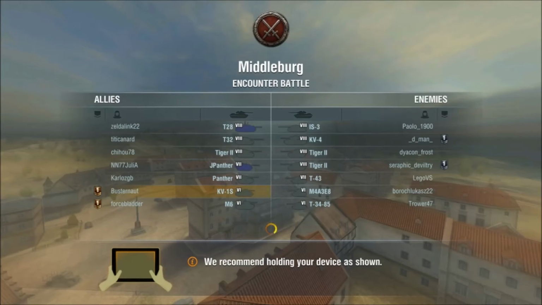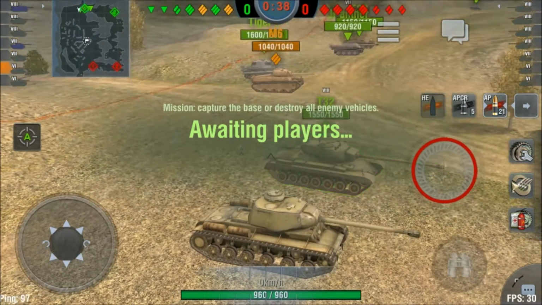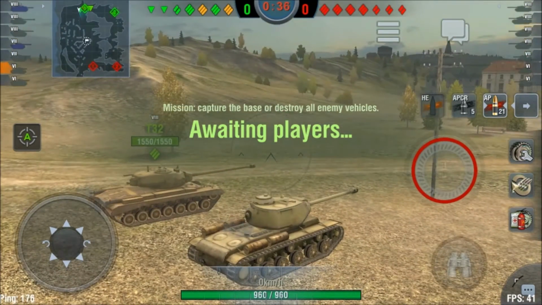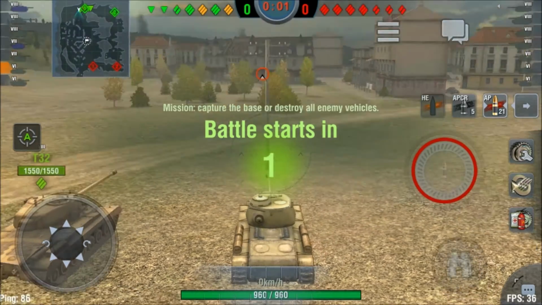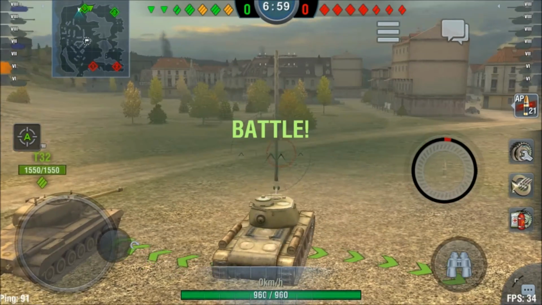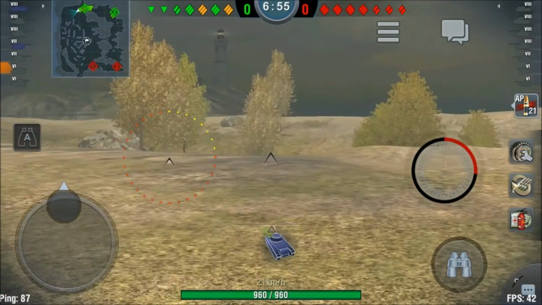Okay, so first game I'm platooned up with my friend Force Bladder, and we are playing our tier 6 heavy tanks, and the matchmaker isn't very generous, as you can see. Pretty bad matchmaking there. More than half of the enemy team is tier 8 vehicles, so it is a pretty bad situation, but we will do whatever we can in order to do well